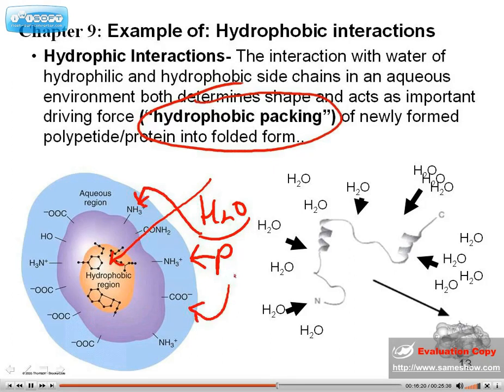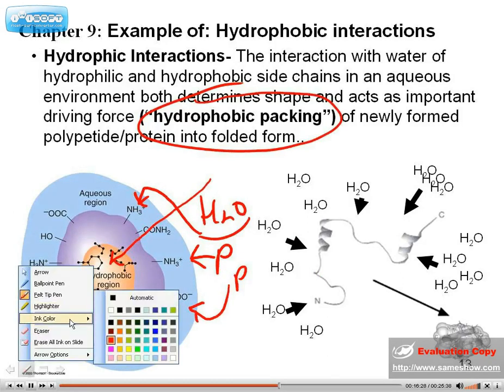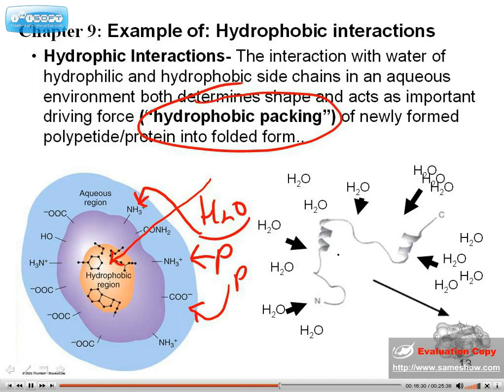However, as far as the nonpolar goes, they'll actually push the polypeptide together, such that the nonpolar portion is right in the center. So that way the water molecules never have to deal with, in theory, direct